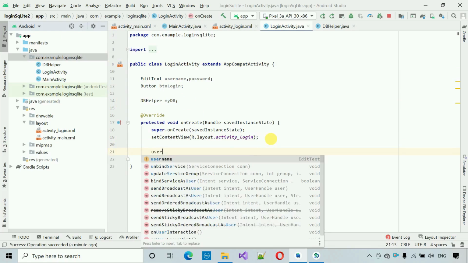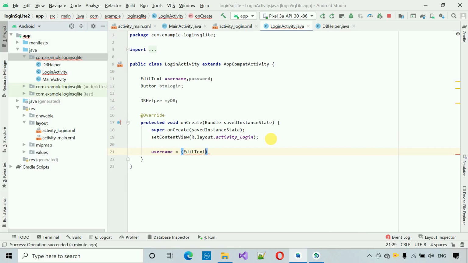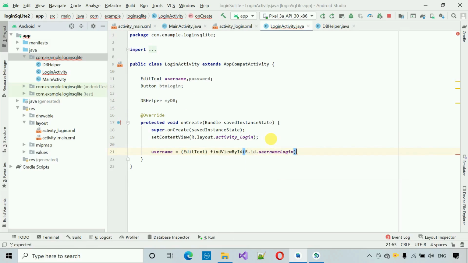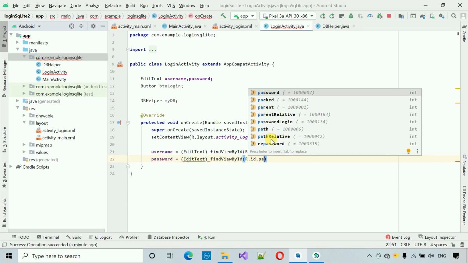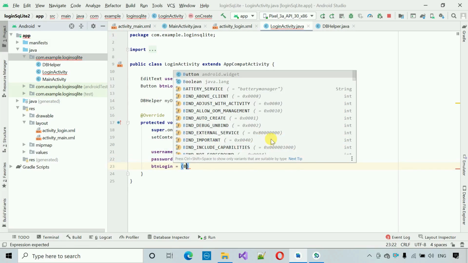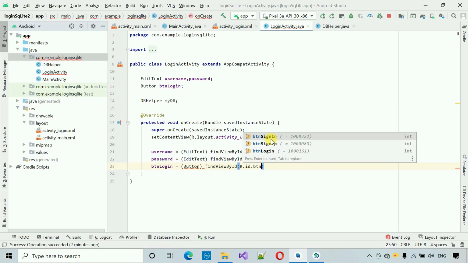So the username is equal to, and this is edit text, so edit text, this will be findViewById R.id.username login, password, this is also edit text, so edit text findViewById R.id.password login, like this. And after this we have to register that button login, so btn login is equal to button type, so button findViewById R.id.btn login,